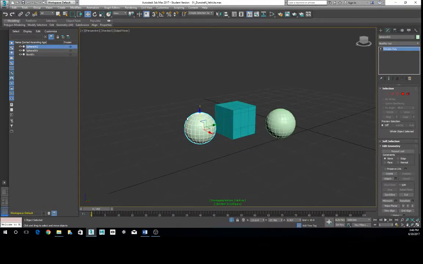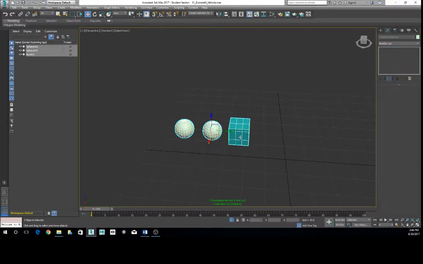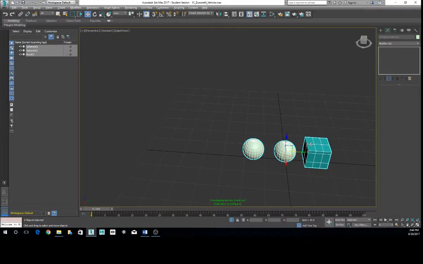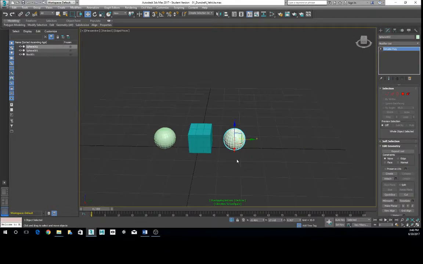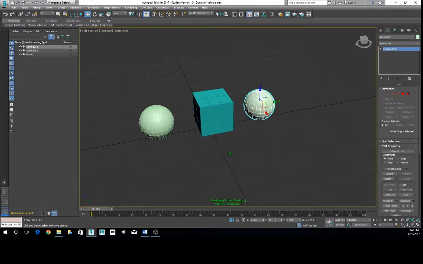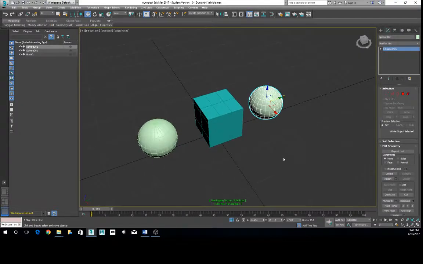Okay. So let's talk a little bit about grouping and parenting. I'm just moving these around to make it a little more visually relatable to what we're talking about. One of the other things that we can do in our Explorer over here is group objects. Grouping objects is really, really useful, particularly if you're trying to A, keep your Scene Explorer organized, and B, it can also be useful as an animation tool. So the best example that I can give